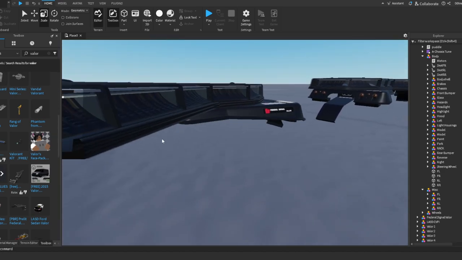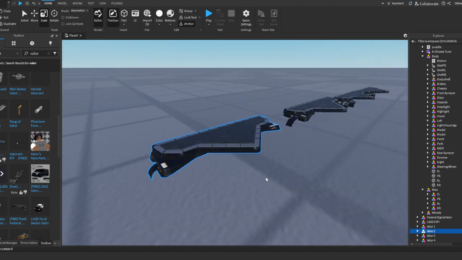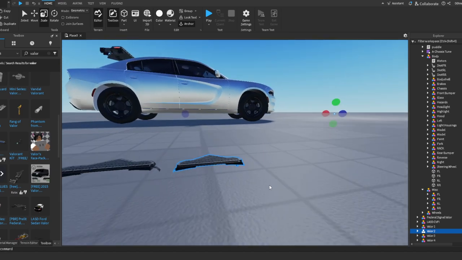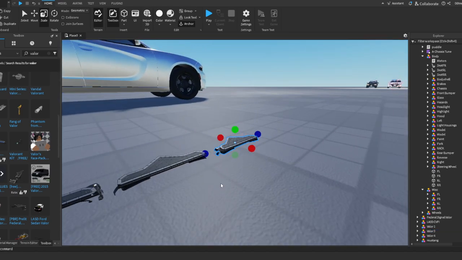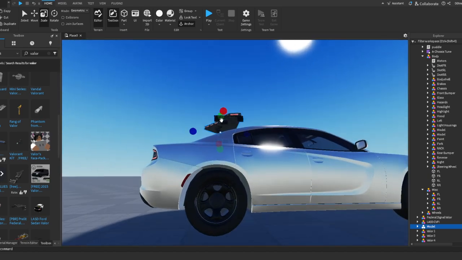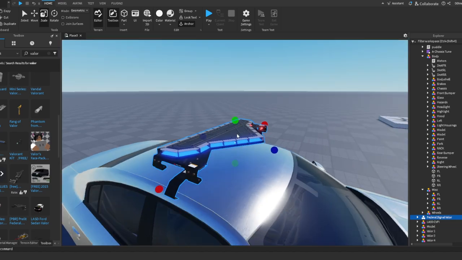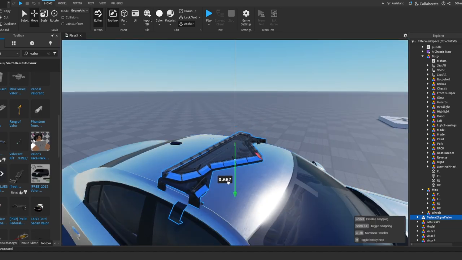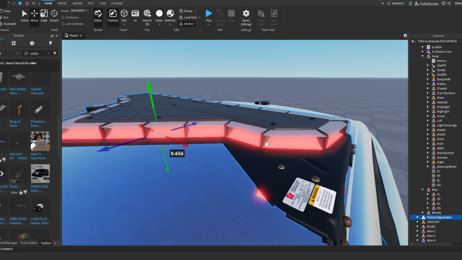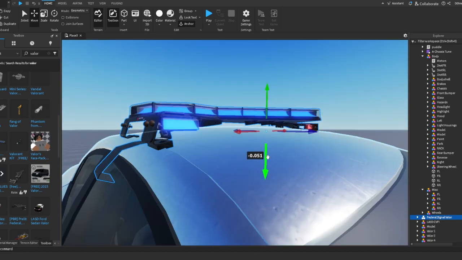As you can see, they have realistic textures. You're going to have to size it up if you're going to use this one, but I'm just going to use this one since it is actually sized up correctly. First of all, try to have a pre-lit light bar, which is something like this. So try to put it up